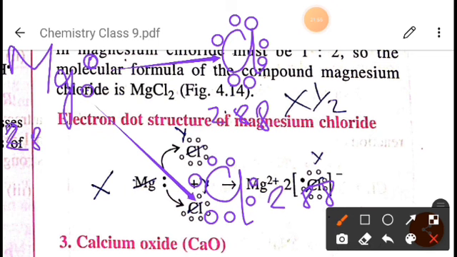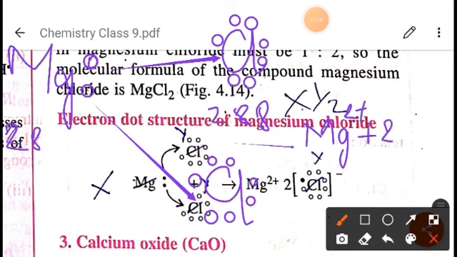Now it will form a compound like this. Since this magnesium is giving electrons, it has converted into Mg 2 plus, and since the 2 chlorines have taken one electron each,